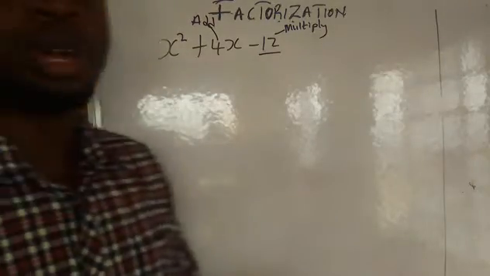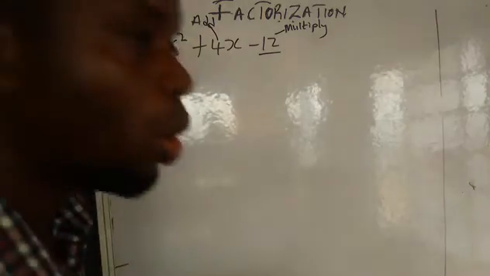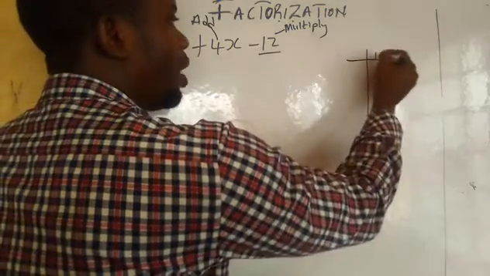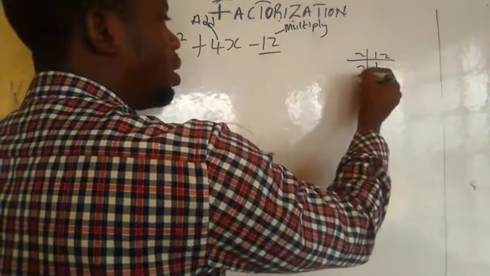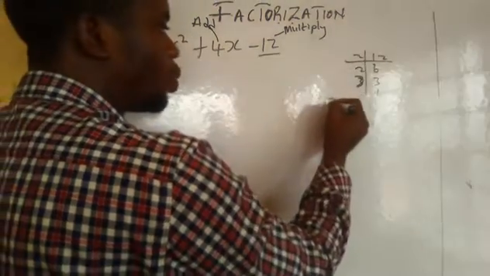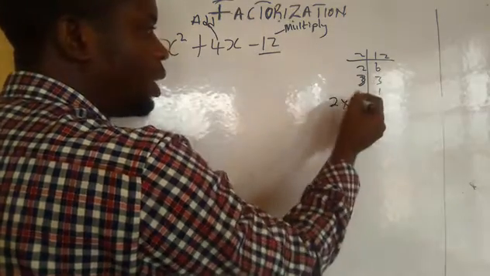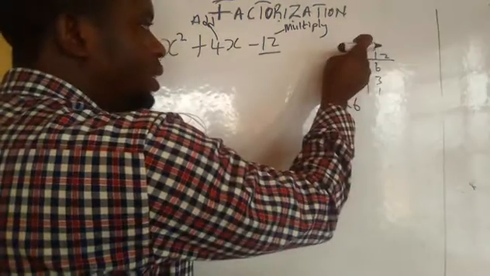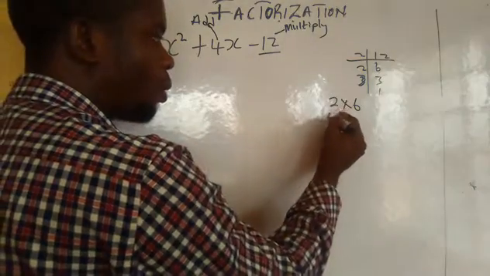So instead of you racking your brain in exams or maybe when you are writing a test or classwork, what you just have to do is to use your LCM method. So just quickly find the LCM of this 12. 2 in 12, 6. 2 in 6, 3. 3, right? 1. Of course. So when you get this, take the first one, 2 times the remaining one here. 2 times 3 is going to be what? 6. Then the second one, take the first and the second, multiply the 2, which is going to be 4,